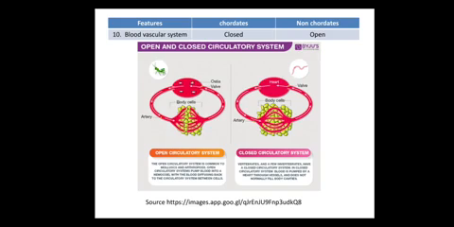So the next feature is the blood vascular system. In chordates the vascular system is closed type, and in non-chordates the open type of blood vascular system is there. So what is a closed blood vascular system? You can see here, in a closed vascular system, the heart is there, arteries are there, veins are there, venules are there. There is a complete circuit for the circulatory system, and there is no single opening.